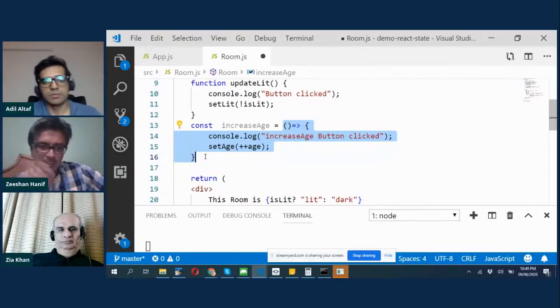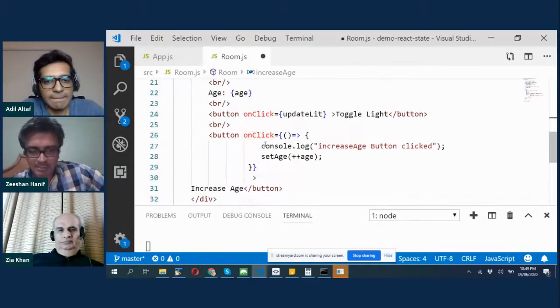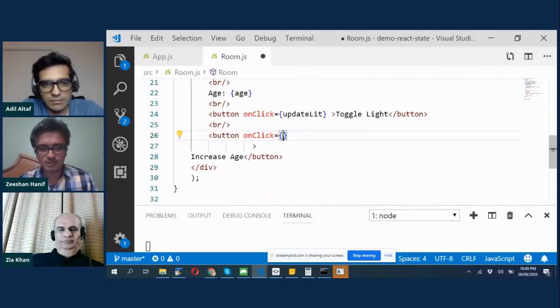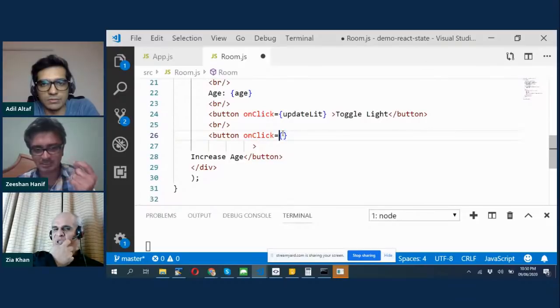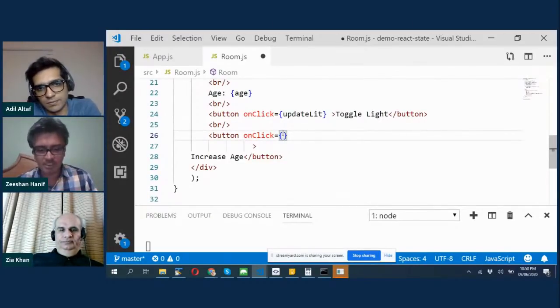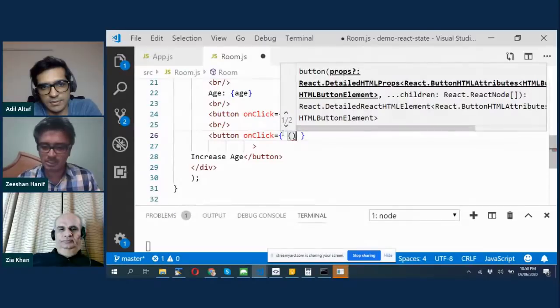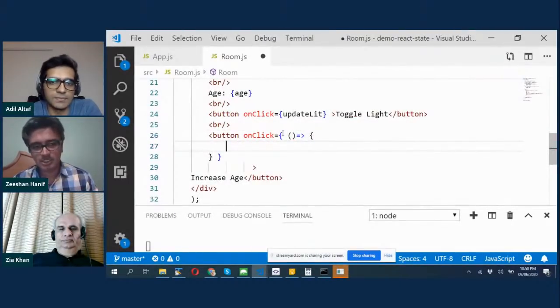First thing you need to understand is that you need to create a curly bracket for your event so that you can provide a function over here, just as we discussed in last class, so that we can provide JavaScript. You can provide any function name over here, or you can start creating a function. So to create an arrow function, let me provide curly bracket, arrow, again curly bracket, and over here I can do